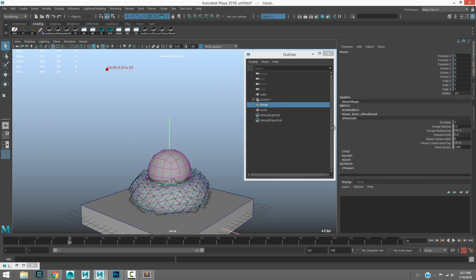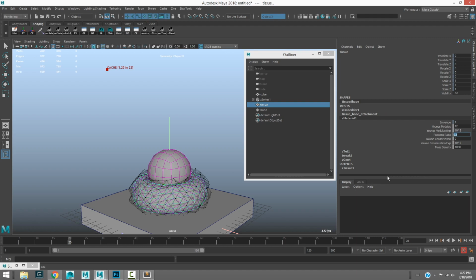And so if we look in the material node here, you're going to notice that under Young's modulus, which you remember from the last video was to do with stiffness, we've got three extra channels here. One of which is Poisson's ratio, and the default value is 0.4, and this takes a float between 0 and 0.499. So 0.5 is the theoretical maximum for Poisson's ratio, and that's a mathematical limitation on how the volume's computed